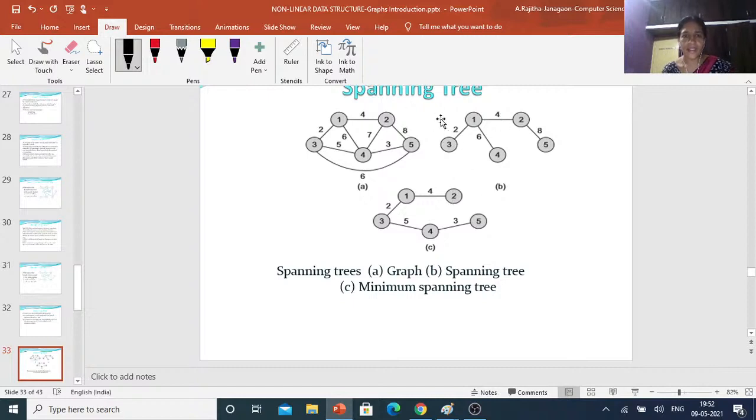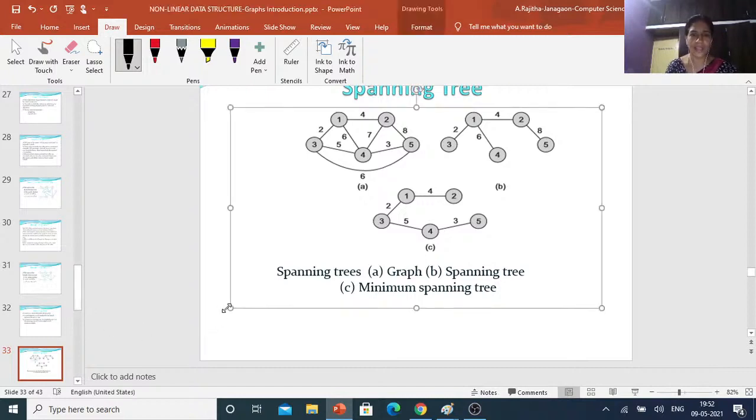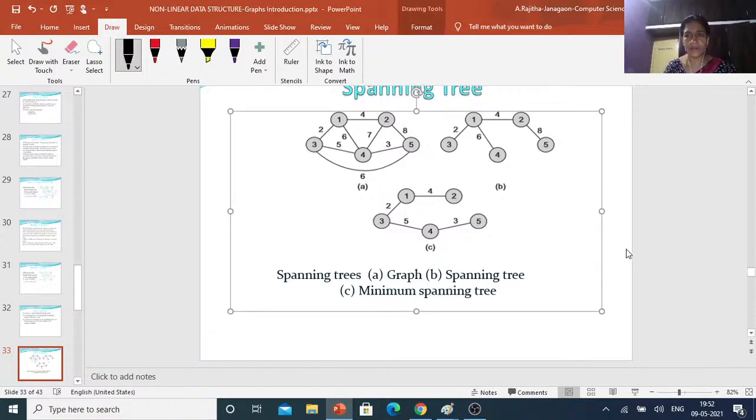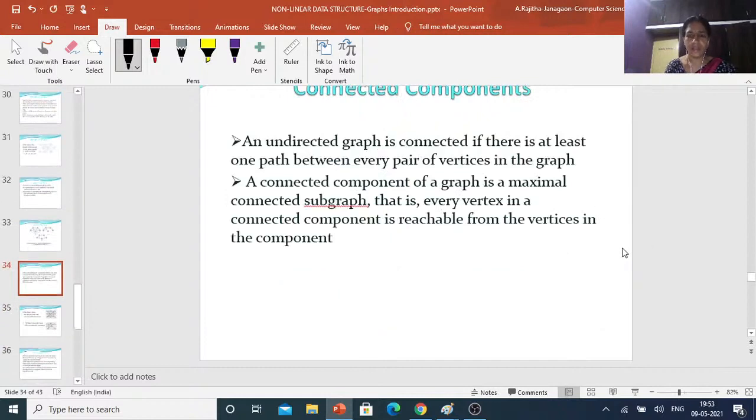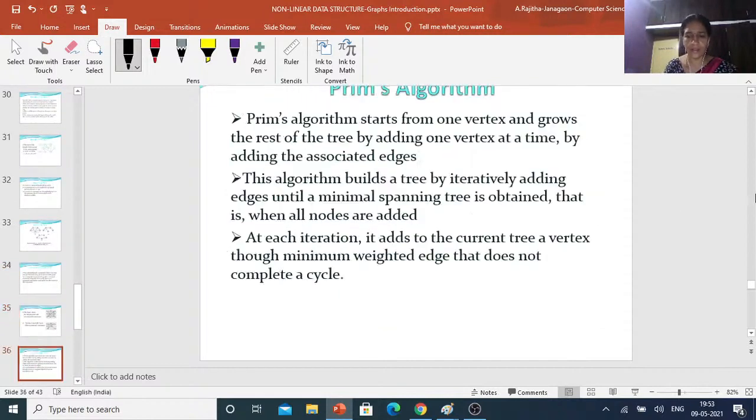So for finding the minimum spanning tree also we have two algorithms. One is Prim's algorithm and the other one is Kruskal's algorithm. If there is no Prim's and Kruskal's algorithm, this is a difficult one. That means if a number of spanning trees are there, then you can find out each and every one's sum. After that, you can find out the minimum. So it takes time, so these algorithms are very much useful. Now we have discussed those algorithms. One is Prim's and the other one is Kruskal's algorithm.